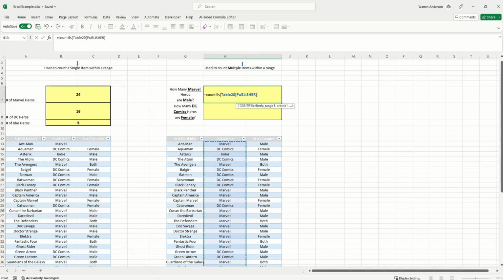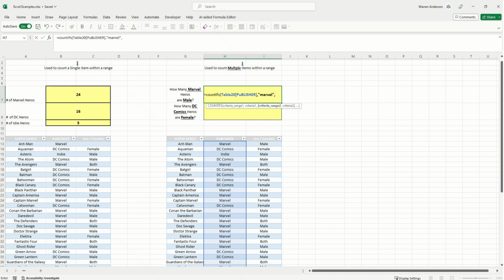Going to left mouse click. Going to highlight our range. We're going to click or enter the comma, and we're going to type in the word Marvel in double quotes. Double quotes again,